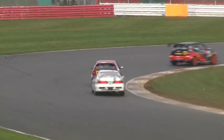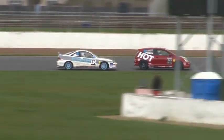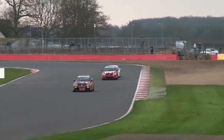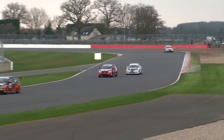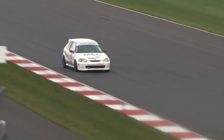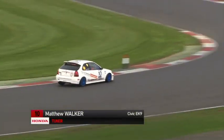is there and chasing hard, and just a little bit too far over the curbs there for Holden, and you can see just how Stu King has reeled him in, and he's going to tuck the Integra down the inside as he did in the first race, although he doesn't there because Holden had a more defensive line towards the centre of the track, so slightly more defensive, hangs on to position for the moment